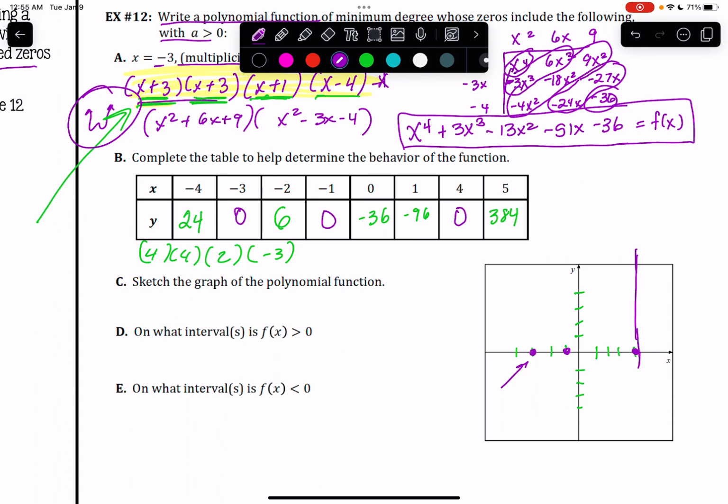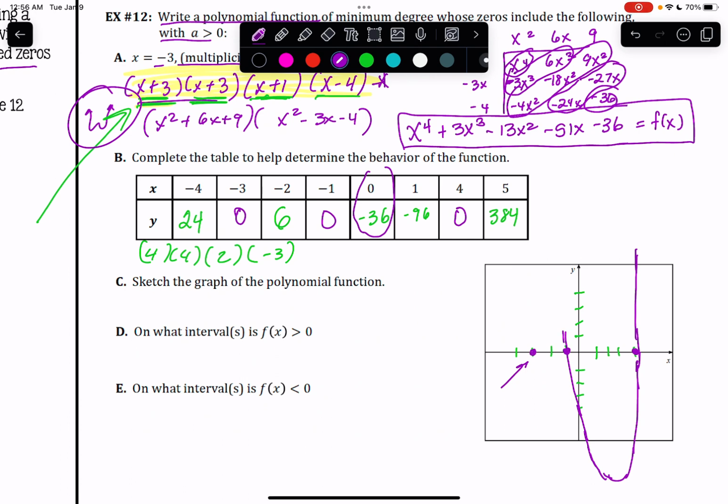I can put a point in here. When I am at x equals 0, I'm at -36. So we are way down here. If we made these all smaller, we could do that. But anyway, we're just trying to get the right shape. We would come up here,